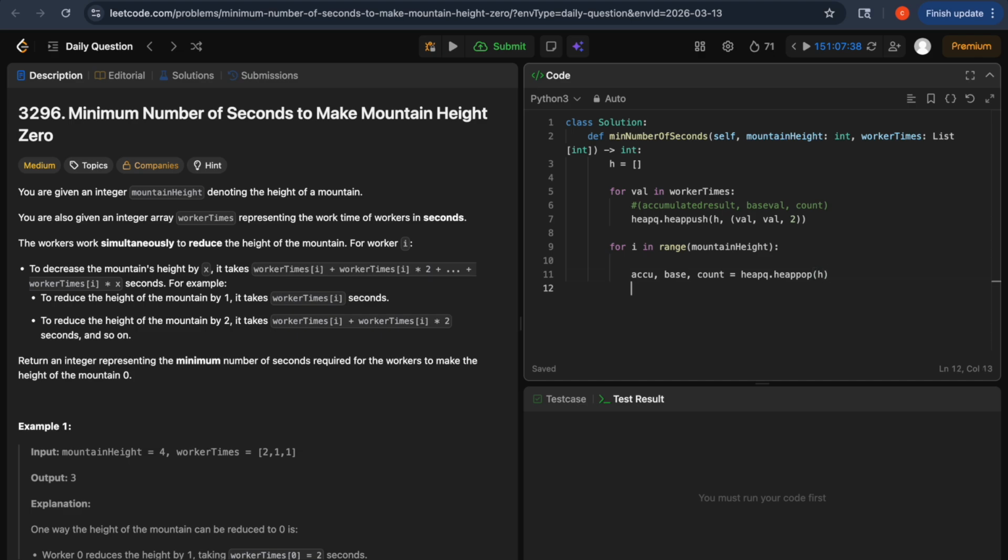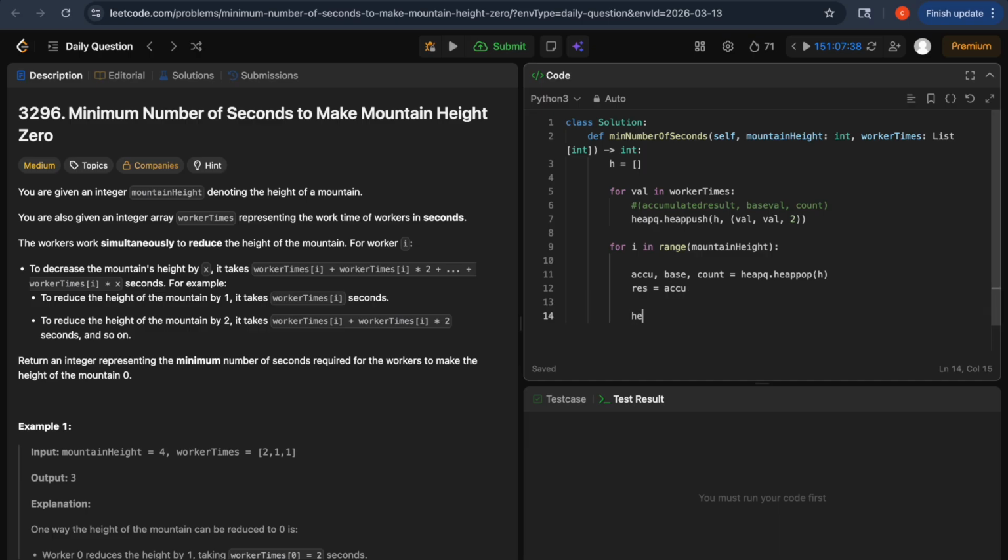So now that we have popped the value and each value is here, using which we will be updating the new tuple, and along with that we will store result is equal to accumulated,